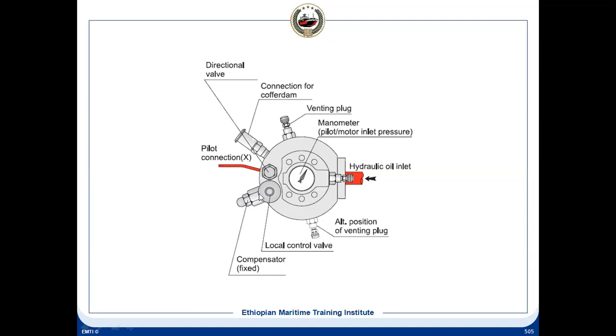This is the inlet, and there are venting valve, and this is the compensator. That is the, it will be restricting the maximum flow. It means flow for low load. Otherwise what will happen? The overspeed, what I was talking about, it will have overspeed. That is the compensator. It can be fixed, it can be adjustable also. And local control means we are locally throttling the flow. That is the local control.